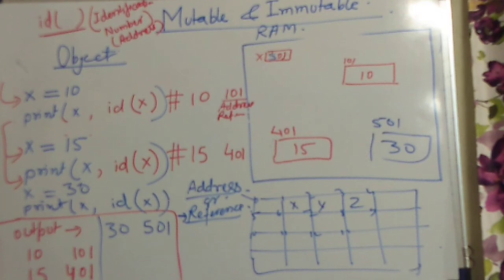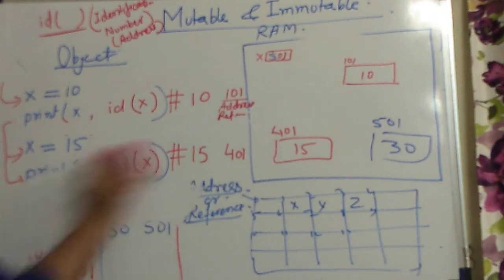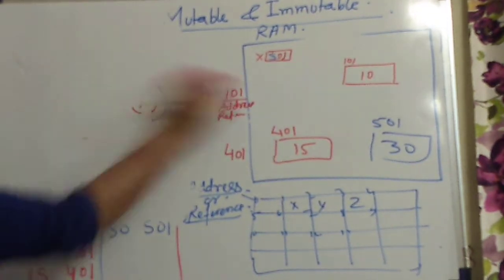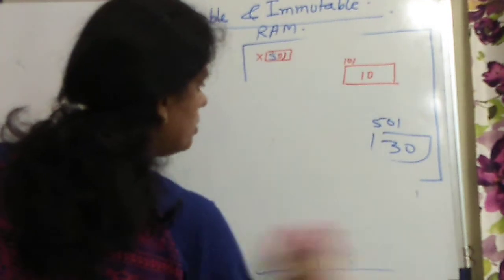Clear? Now you will be very sure that when we assign a value to the variable, the value is not assigned to the actual location; it occupies a different space in memory, so we can say that this is immutable, right? I'll come to this topic, immutable, again. Now let us see one example of the list data type. You have used lists very frequently, so I am going to tell you about the list.